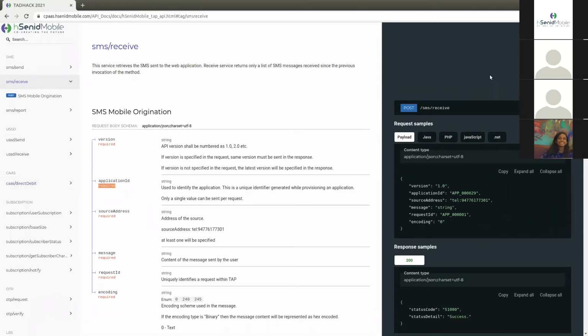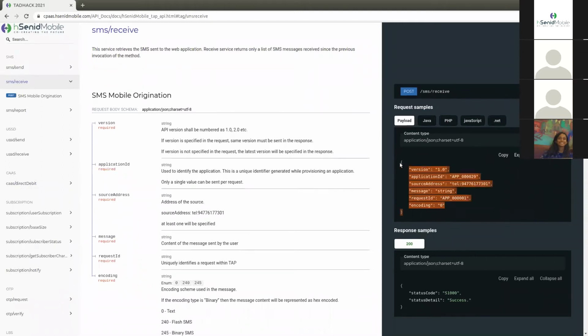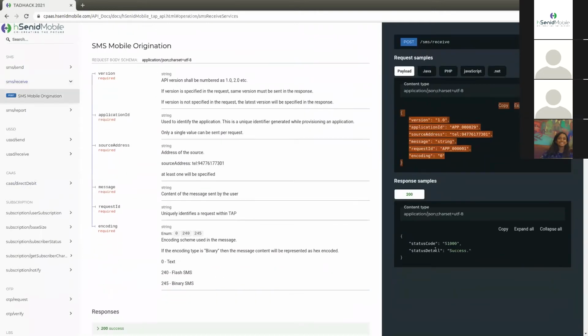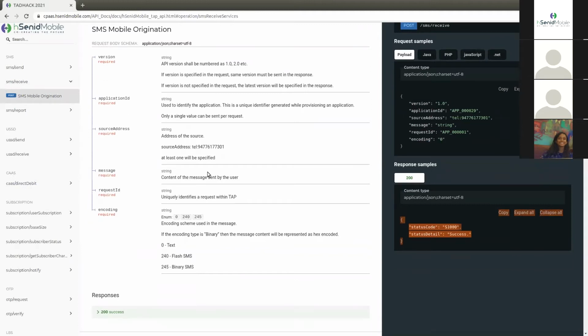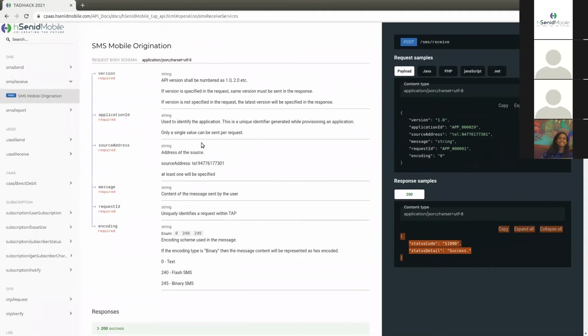On the right top, we have the method type, in this case POST, and the endpoint, or you can call it the resource URL. Right below you can see the sample request. This is the request body and this is the response. And in the middle we have the parameters the method accepts, and as you can see the required parameters are labeled as required in red.